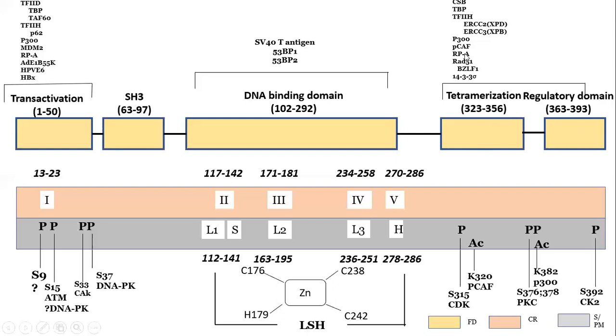Here also some important transcription factors, DNA repair machinery proteins, and other important proteins can interact at the tetramerization domain. Why it is important, we will discuss. So we should know that P53, the active P53 protein, is a tetramer. Okay. So how is this tetramer formed? That is formed by the tetramerization domain.